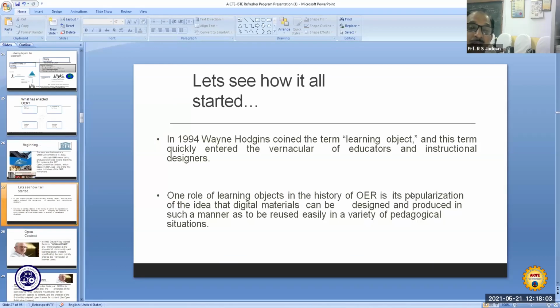That was the main purpose behind it, that the content which has already been developed can be reused, improved and further shared and reused. So it will again improve the quality of the content, and this is how everyone will get benefited.